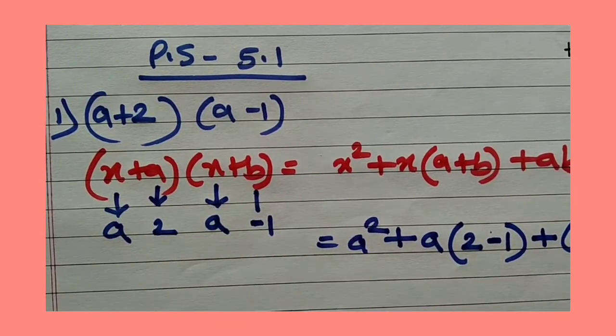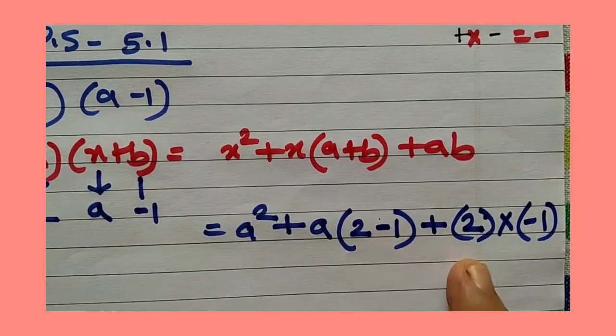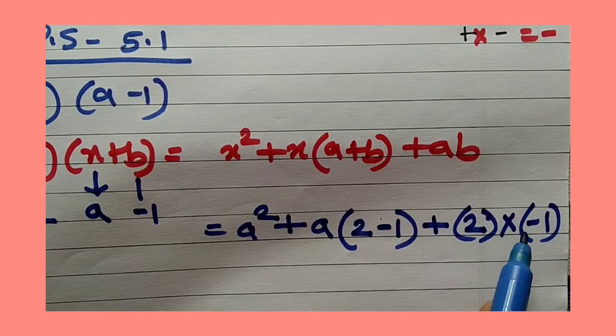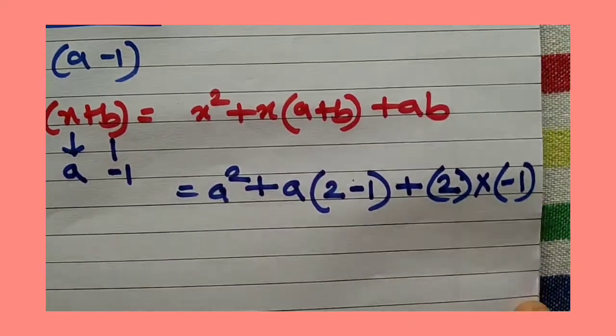Why are we putting this into bracket? So that when you have different signs like we had earlier, it is easy for us to multiply when we are putting this into bracket. Now we will open the bracket.